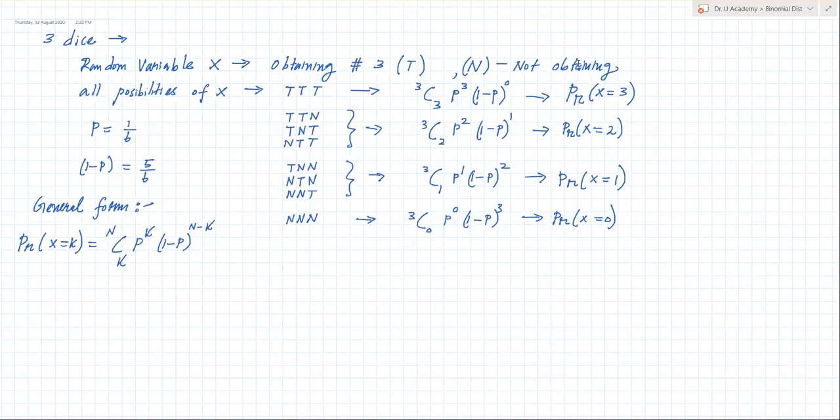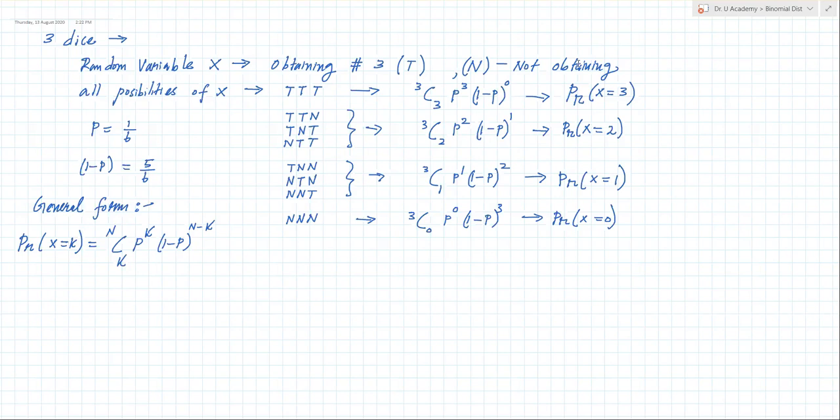Now, obtaining number 3 and non-obtaining. Obtaining, non-obtaining. We have 2 paths, right? So remember, in this binomial distribution, you have 2 paths: obtaining, non-obtaining, agree, disagree, yes, no. That kind of 2 paths you will have. Why? Because we call it binomial distribution. Bi means 2. Definitely you should have a yes or no part. You can't have 3 things.